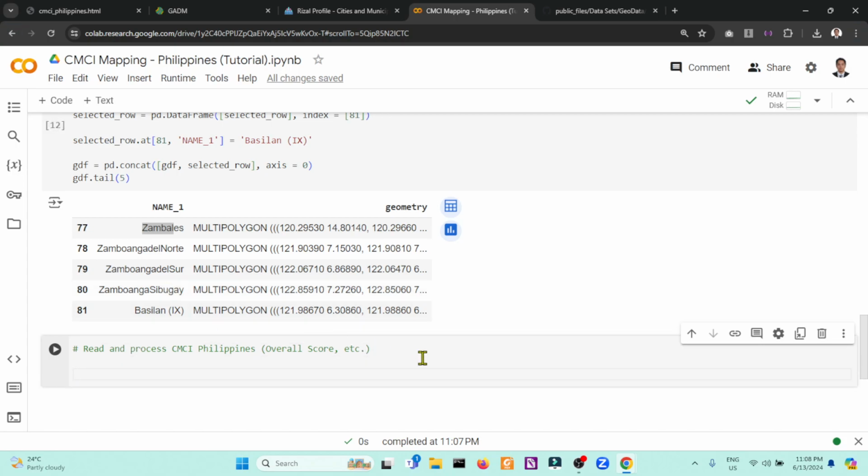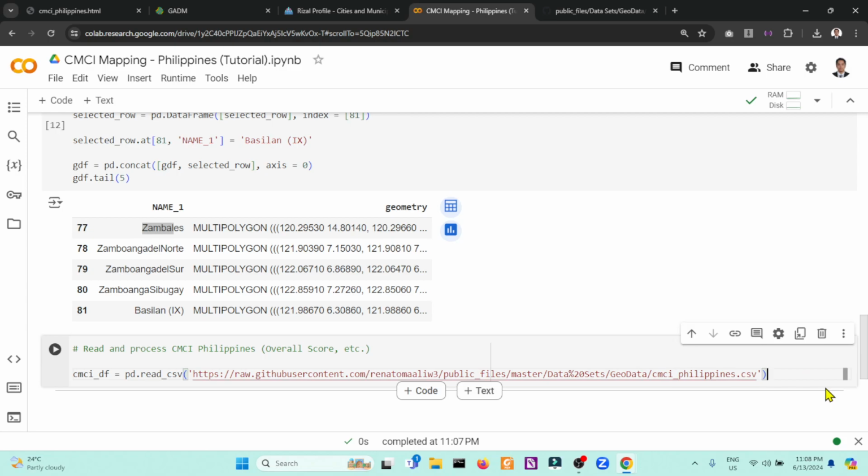To do that, we need to define a variable. We name this one CMCI data frame. Then we use the pandas function read CSV. I will just paste the file and the link for the raw data for the CMCI Philippines CSV file.